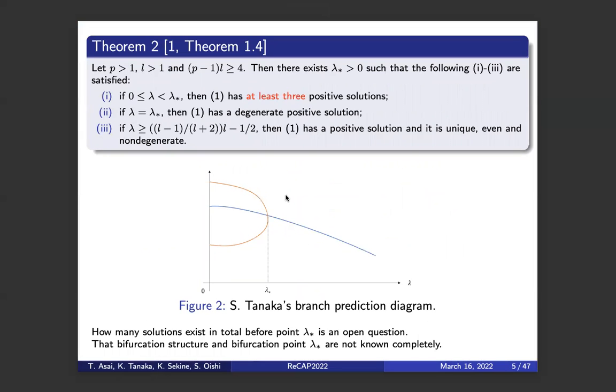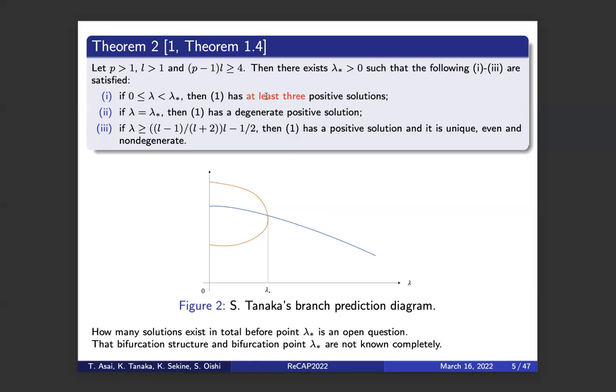This is a theorem about the bifurcation when the parameters P and L are fixed and the parameter lambda is moved. And these are the conditions. And this is a branch prediction. But how many solutions exist in total before the bifurcation point lambda star is an open question, and this bifurcation structure and the bifurcation point are not known completely